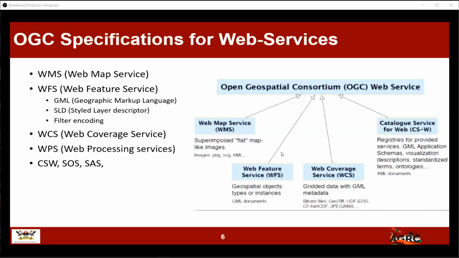Now, with the web map service, on the contrary, you just get a picture. You cannot do anything with it. The best you can do with that is just to overlay other maps on top of it. But with the web coverage service, what you get, you can be able to put